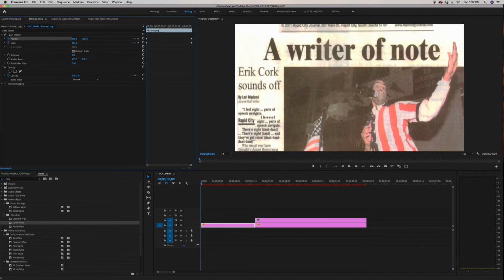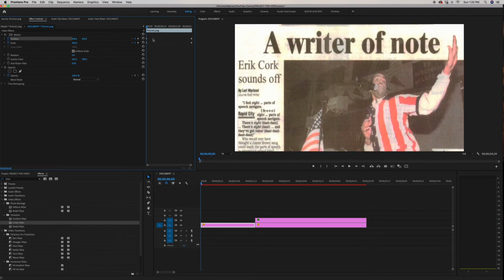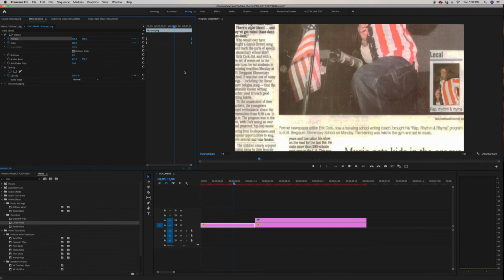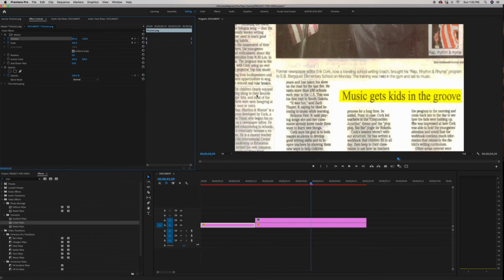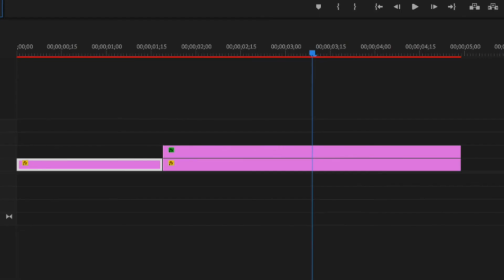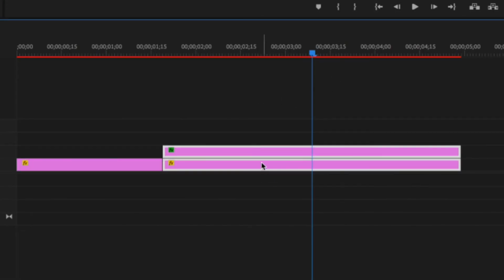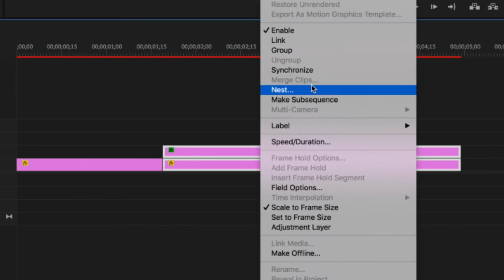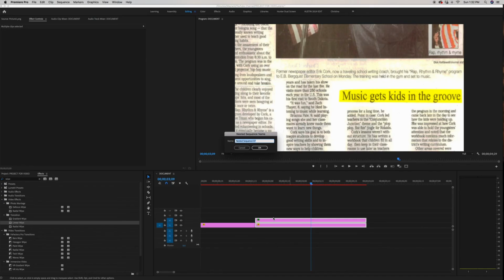We'll move it up just a little bit so you can see the headline of the newspaper. Let's select our first keyframes, right click, ease in. Select our last keyframes, right click, and ease out. And so now we have something that looks like this. And let's take it just one step further and nest these two together so that we can move it all at one time, and we'll zoom into the headline just a little bit more to give it a little more motion. So to nest it, you're going to select both of them, right click and go to nest, and